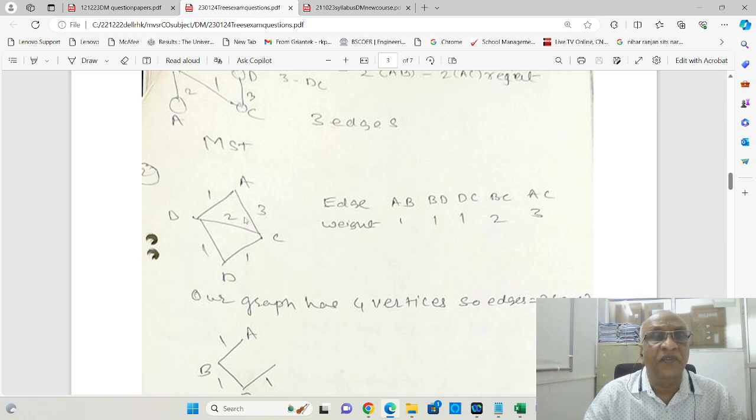You can see here in this graph you don't have any loops, you don't have any parallel edges. So directly prepare the edge table. In the edge table again you go for AB, then BD, then DC, then BC, then AC. Then how many vertices are there? 4 vertices. How many edges will be there? 3 edges. Which ones will we keep picking up? AB I can pick up, then BD I can pick up, then DC I can pick up